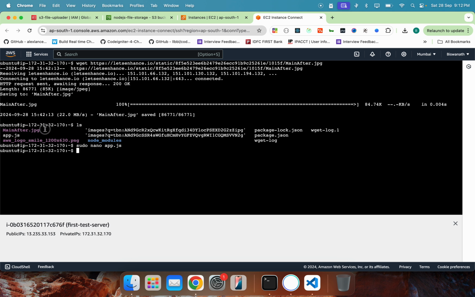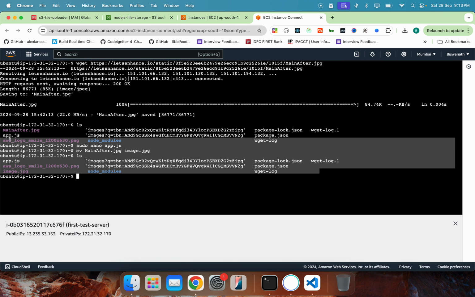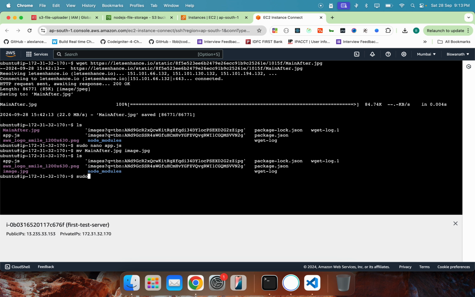So currently this is my current file name and I need it to be image.jpg. So what I can do, I can type mv, my file name, which is the actual or old file name, then I need to type the new name of that particular file. So if I do ls now, you can see that image.jpg is present, but nothing named main after.jpg is present, right? So let's cross check again, sudo nano app.js, and I